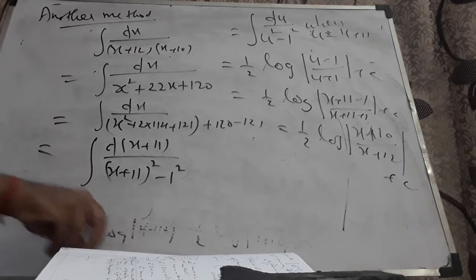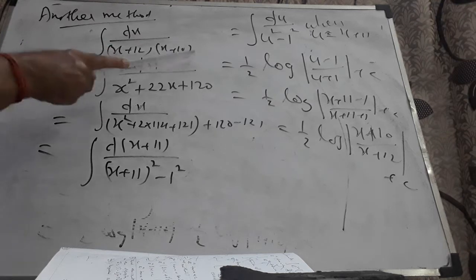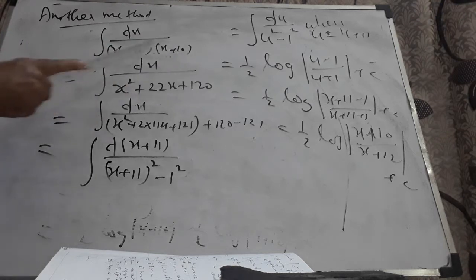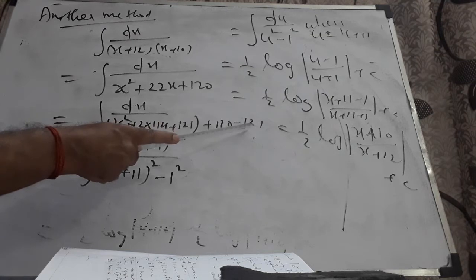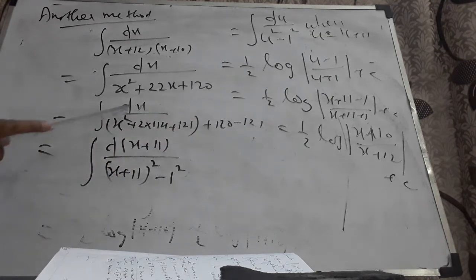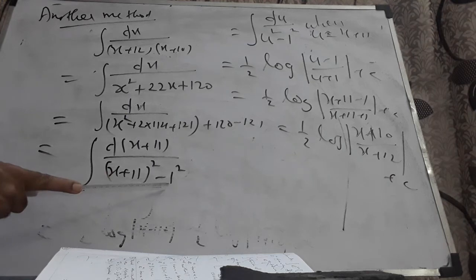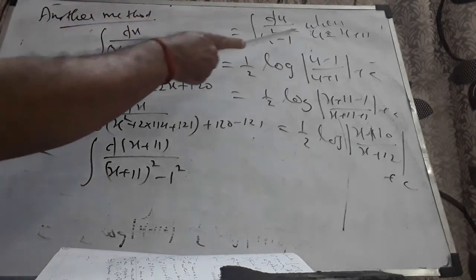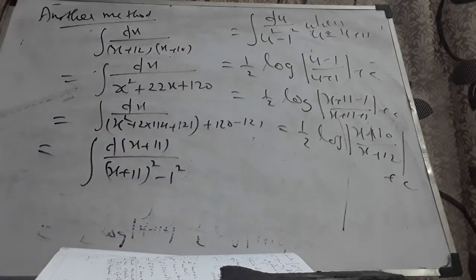I repeat, I'll multiply the two linear expressions over here. It gets reduced to x square plus 12x plus 10x is 22x plus 120. 12 into 10 is 120. This 22x can be written as 2 into 11x. Therefore, to make this a perfect square, add 121 and subtract 121. Therefore, this numerator dx can be written as d of (x plus 11). This is (x plus 11) the whole square minus, 120 minus 121 is 1, which is 1 square anyway, which is the form du by u square minus 1 square, where u is x plus 11. Therefore, it comes under the format 1 by 2a log mod (u minus a) by (u plus a).